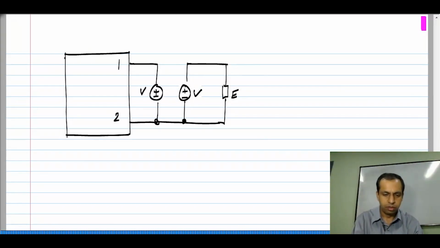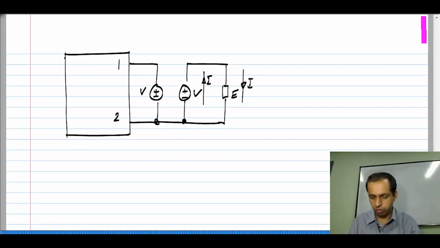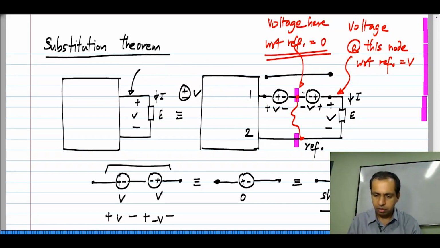Now, it must be pretty clear that the current through this is 0. That is because I also know that originally I had a current I flowing through the element in this direction and also in that direction through the voltage source V. Now, this is not something new I found. This is exactly the same as what was in here. Okay. I had a current I